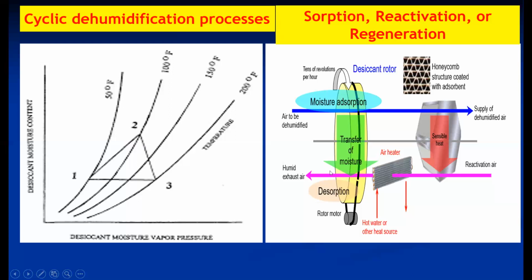Then in the next cycle, when this portion again goes up, it comes in contact with air. Initially, when it comes in contact with the air, it first cools, that is 3 to 1, and then after cooling it further absorbs the moisture. So 3 to 1 and 1 to 2, these processes happen simultaneously in this second cycle. This way, it removes the moisture content from the process air. This supply dehumidified air is used for any industrial purposes or comfort air conditioning.